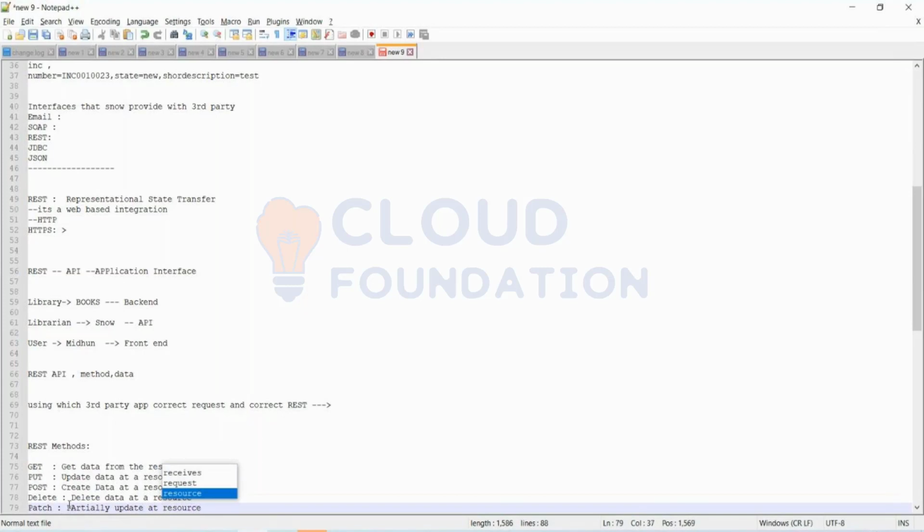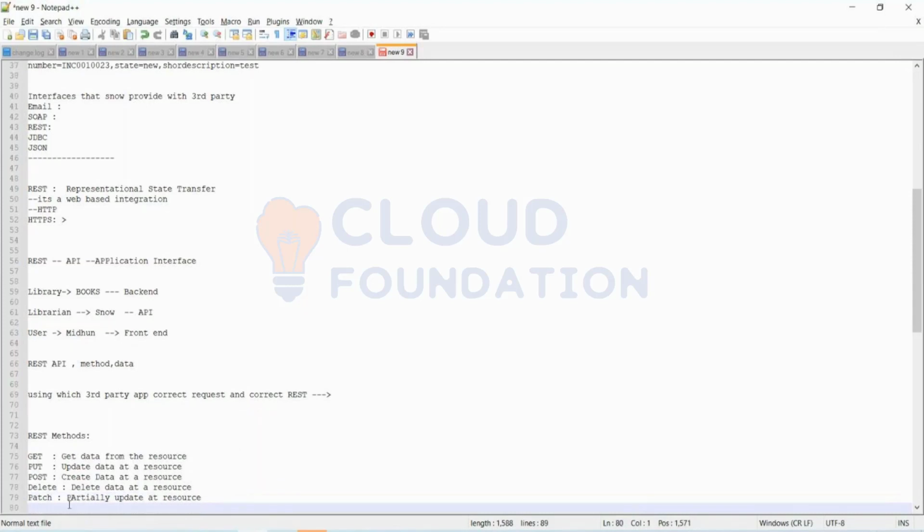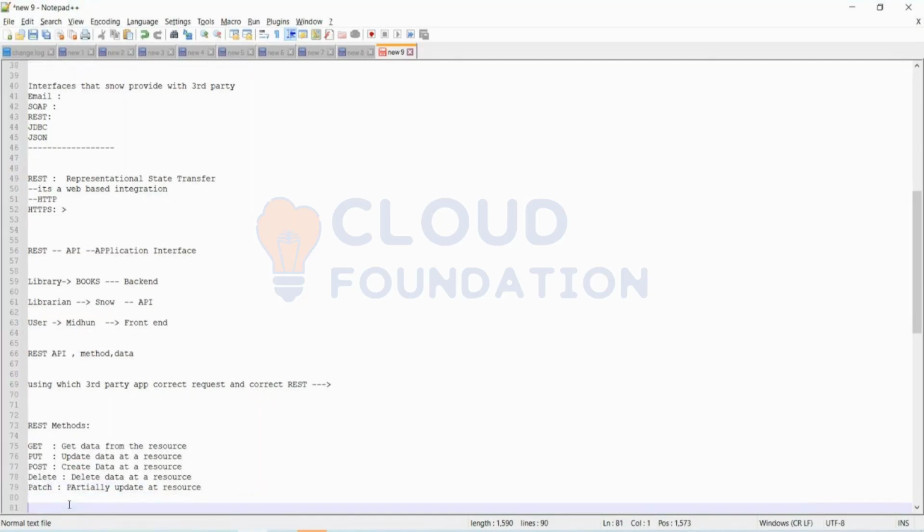Are you following this? Now, I gave you an example of the integration that I did earlier. Which method do you think out of these I would have used? Get and post. Give me one method; I cannot use two methods for one single integration.